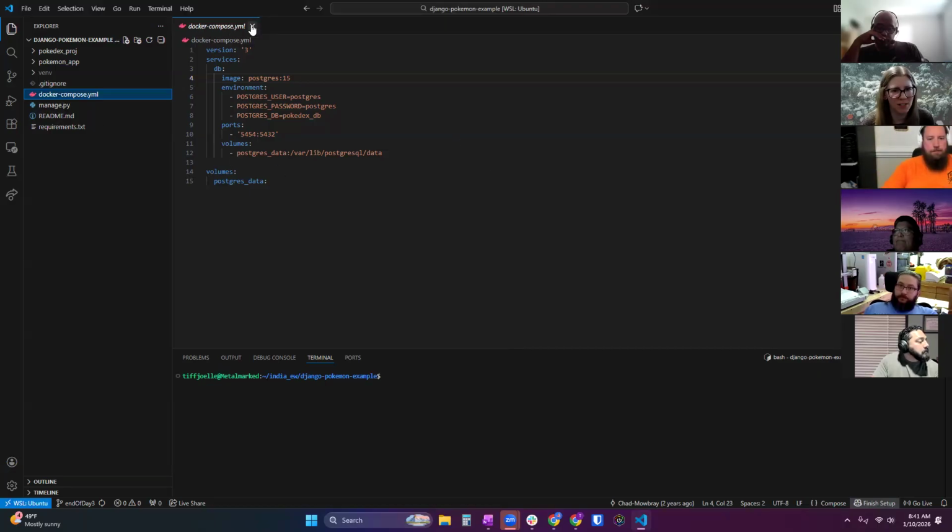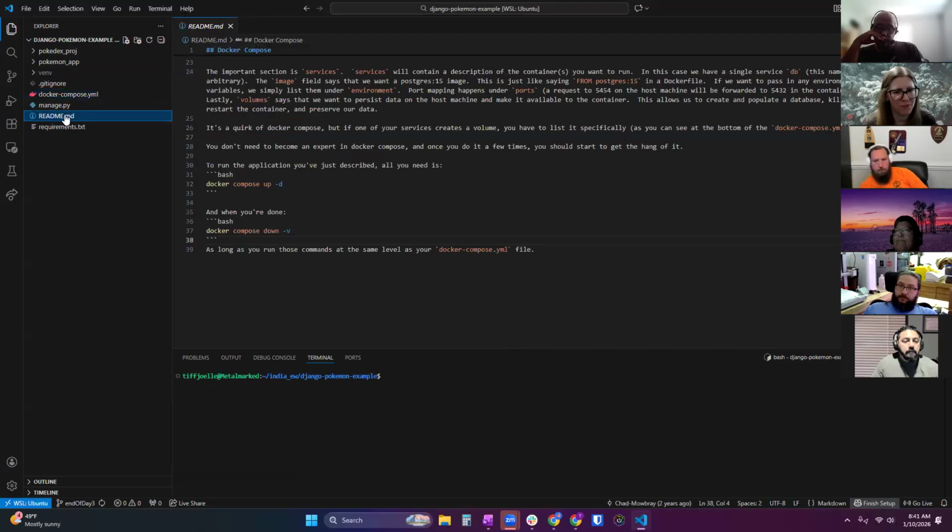When we're doing a lot of practicing and changing our models, though, we sometimes want to just destroy that volume because it can be more trouble than it's worth keeping that data if you are actively developing your models still, because there could be some issues when you add fields, which we will actually run into later today on purpose. But this should just run with Docker Compose up -d.